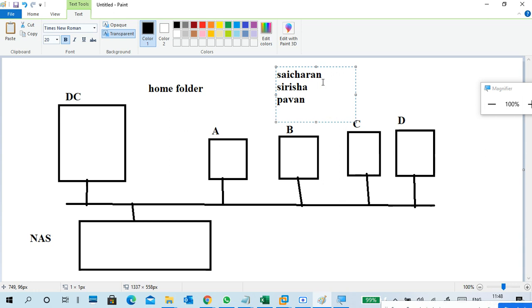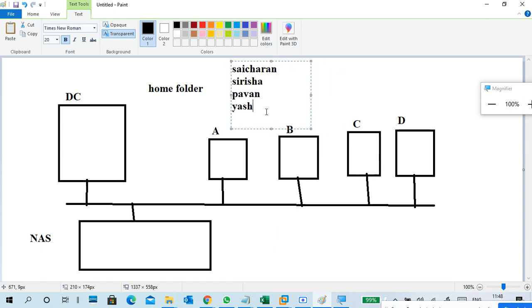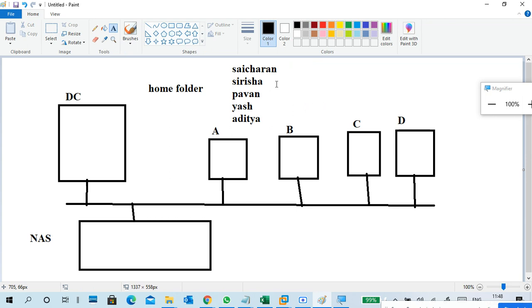Pavan is a small name. Yash. Okay, so for example, these are like Aditya, small names. These are all working on one project. So all are on the same project, one platform, one project only.